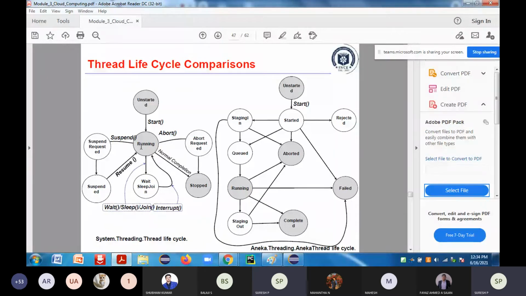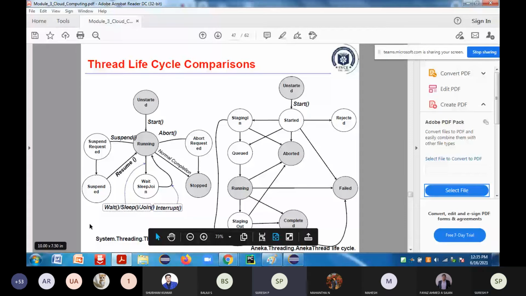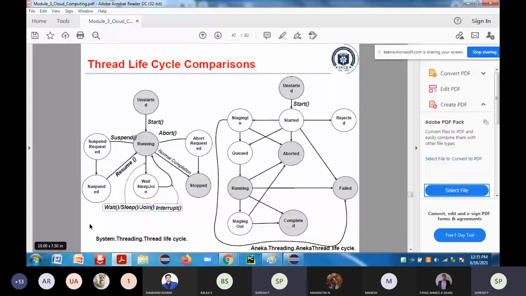For example, there are other options also, like wait, sleep, join. You get the wait state when that particular thread is running in a shared memory, and it requires some resources which have been acquired by some other thread.